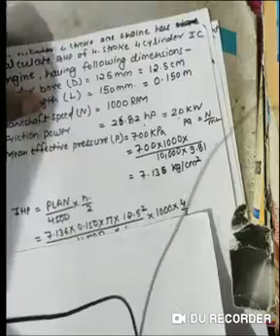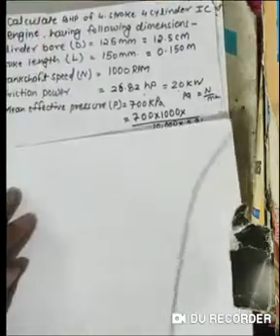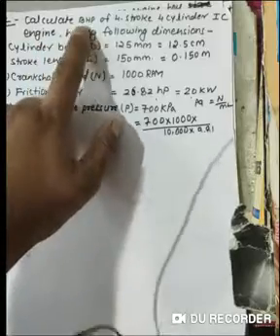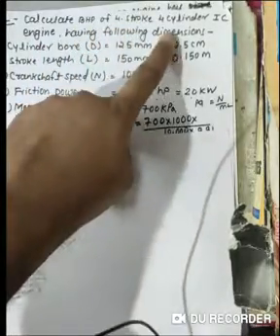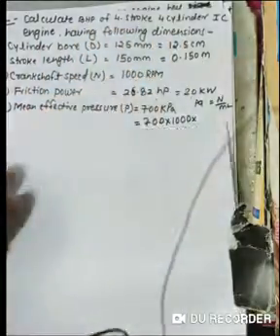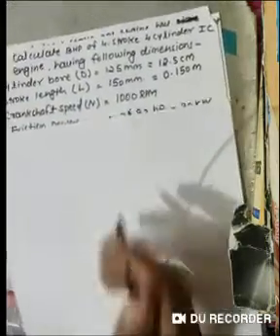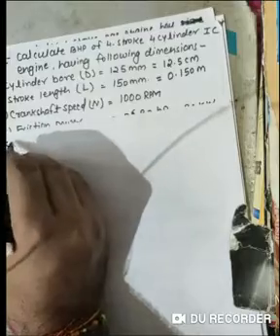So the question is big. In this question you can see, calculate the brake horsepower of a 4-stroke 4-cylinder engine. It means the number of cylinders is 4. So, solution,